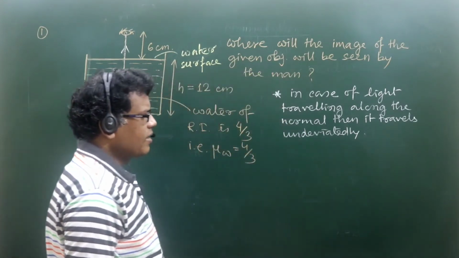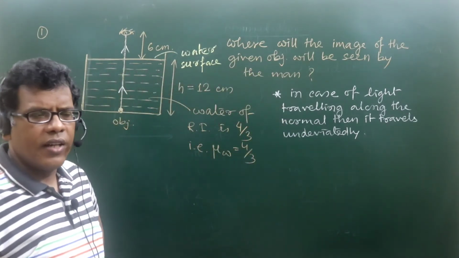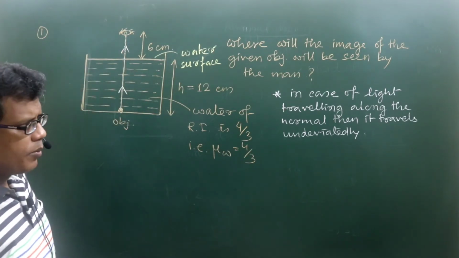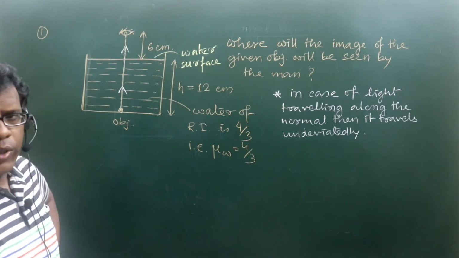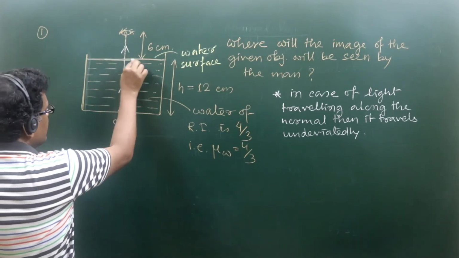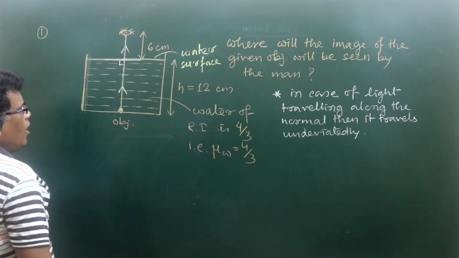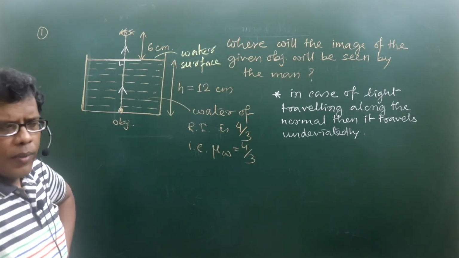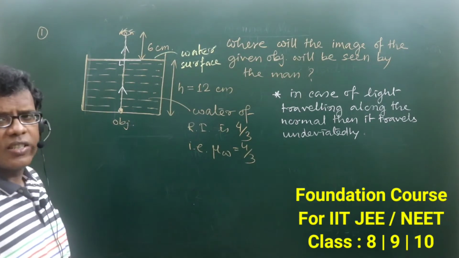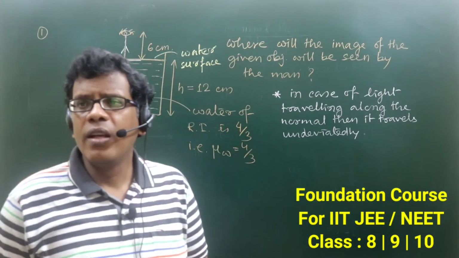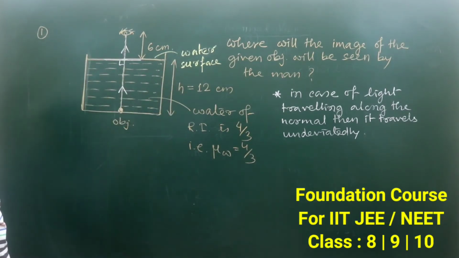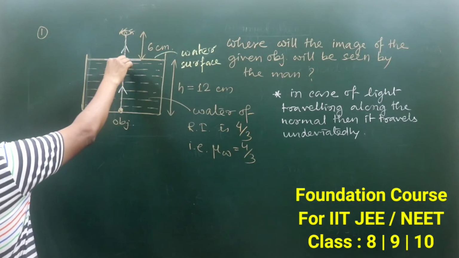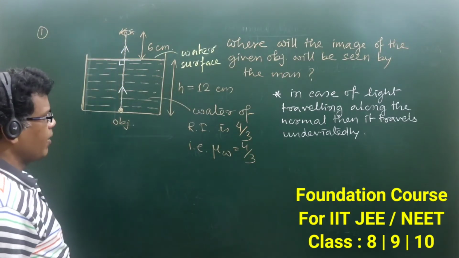Right? So here the light ray I have drawn starts from the object and travels straight from the object medium, that is water, to the air medium, and that direction is perpendicular to the air-water interface, or in other words, along the normal at the point of incidence. So normal incidence travels undeviated. Are you all getting me? That is the reason why the light ray, once entering the air, will travel along the same line.